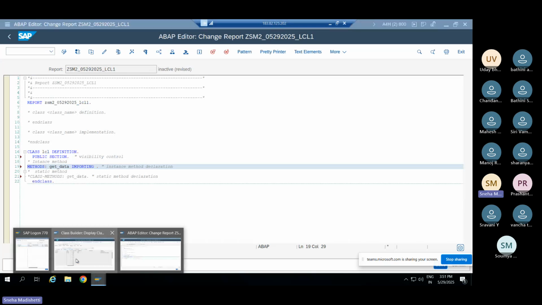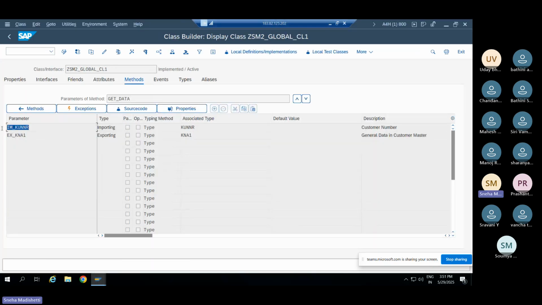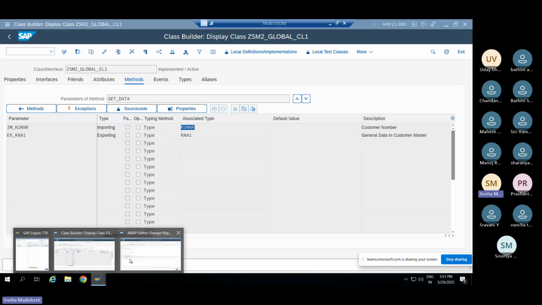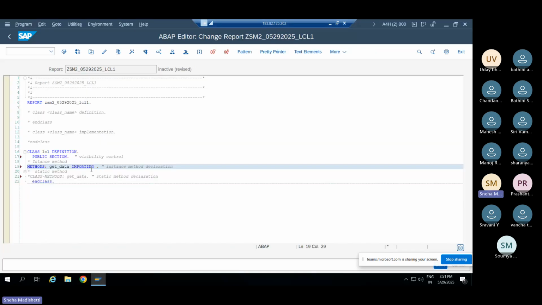So what is the importing parameter name? I_KUNNR. What is the type of I_KUNNR? This is the data element KUNNR. The parameter name is I_KUNNR and the data element is KUNNR. So in the same way I will write here: I_KUNNR, type KUNNR. And then